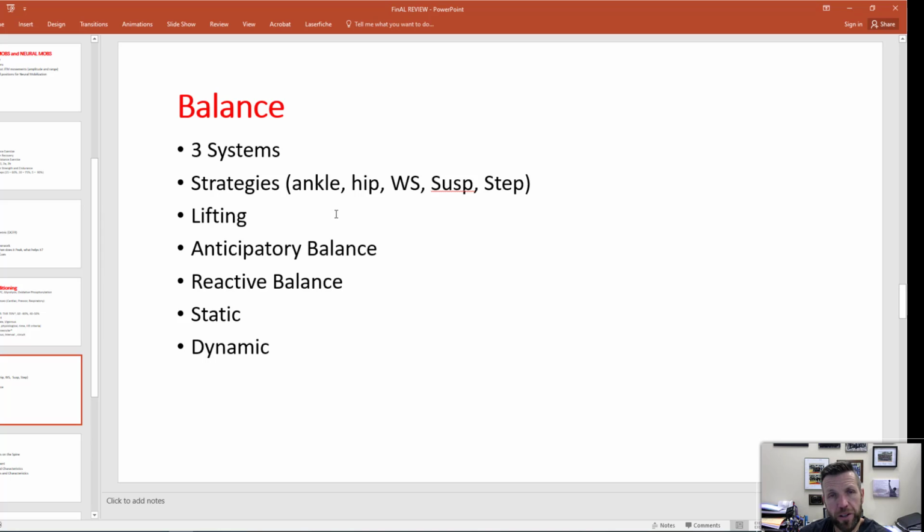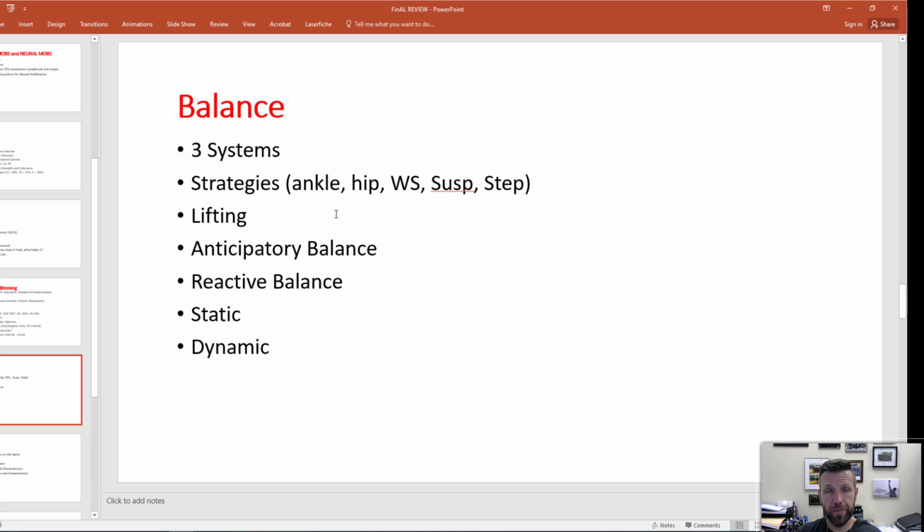But what's different is in reactive balance. Reactive balance means that there was a perturbation placed upon you, meaning someone pushed or pulled you perhaps, or maybe the wind blew really hard and it shifted you over, and to deal with that you might have had to do a suspension strategy or a stepping strategy, right? But you had to deal with that as a reaction,